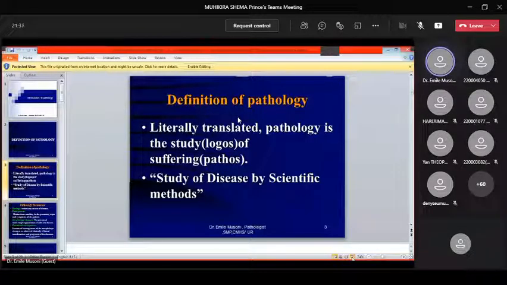So the content of pathology, there's general pathology, where we see the fundamental cellular and tissue response to pathologic stimuli. Example, what we're going to see those cell injury, adaptation, and others. Whereas in systemic pathology, we'll see the organ by organ, system by system. For example, you see the hematopathology.